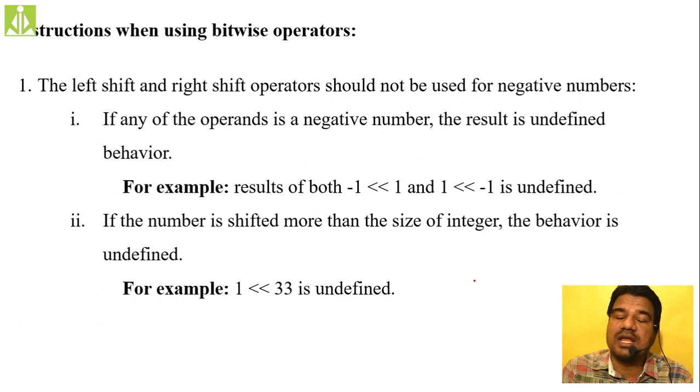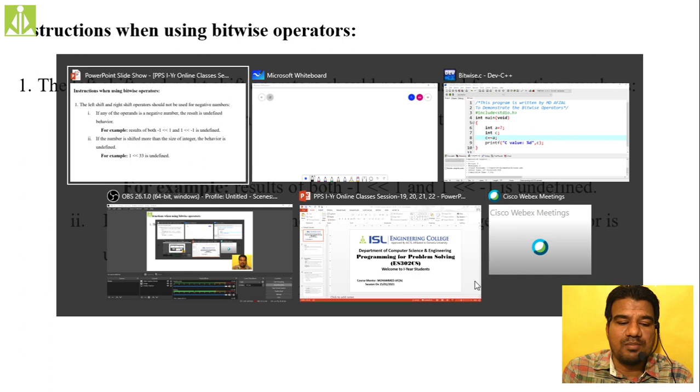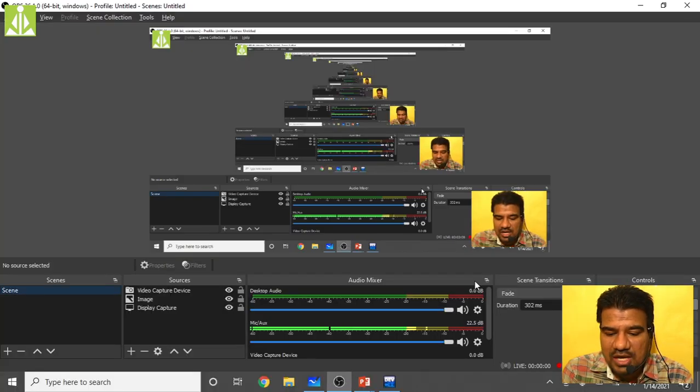So over there, for how many bits are we performing the shifting operation? For only 8 bits. So if you shift by 10 bits, then what will happen? All bits will become 0. That is the reason why you should not perform bitwise left shift or right shift by more than 8 bits if you are operating on 8 bits. If it is 16 bit, don't try to perform it 16 times or more. If it is 32 bit, don't try to perform more than 32 times. Likewise.